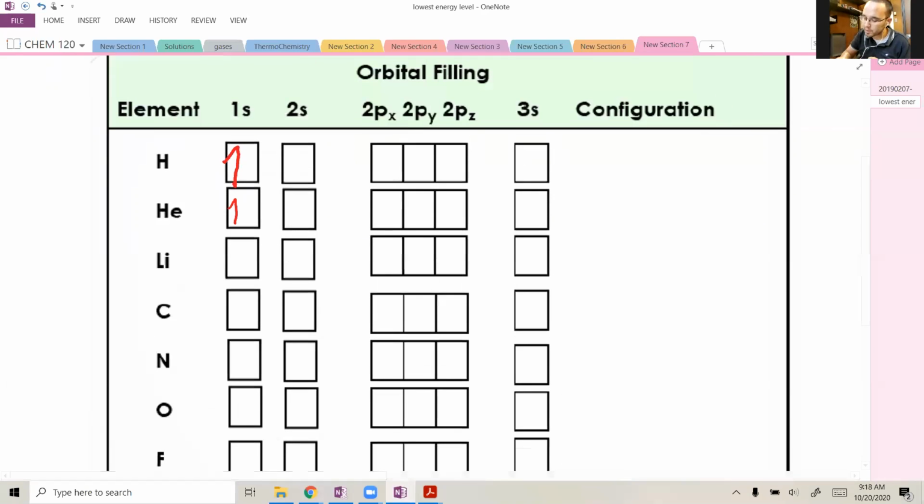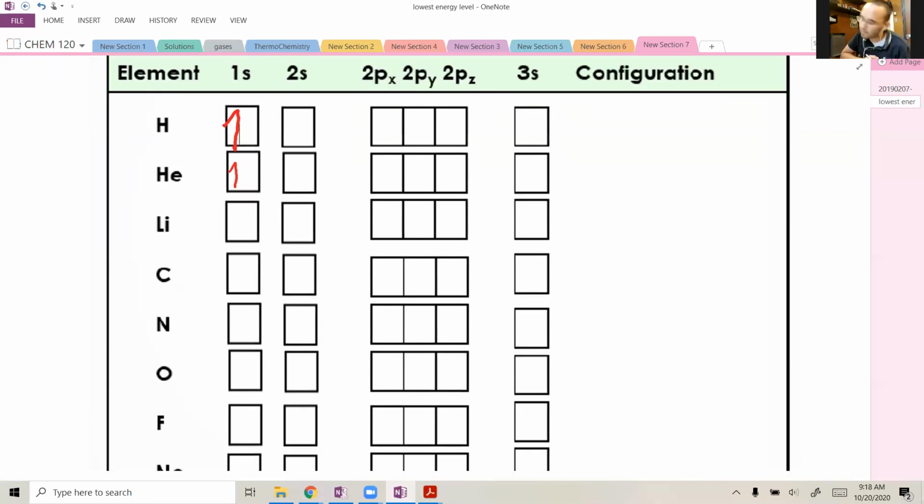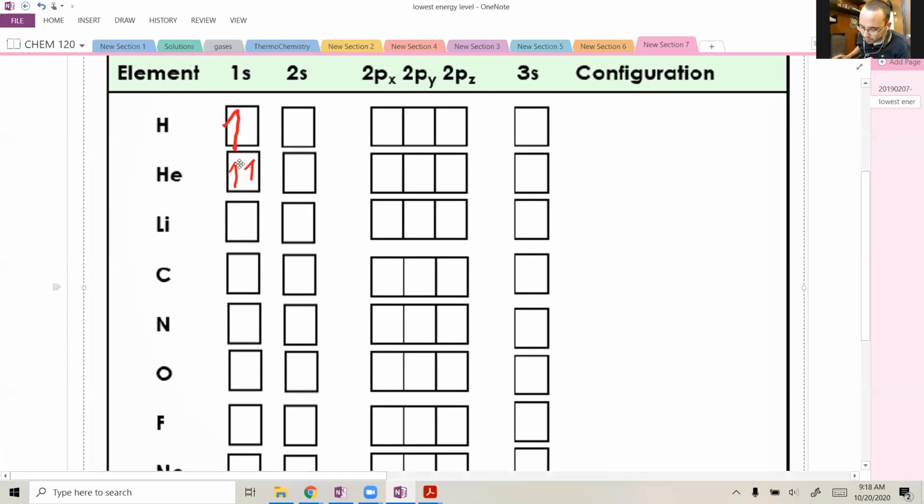Before it moves up to the 2s, because the 2s requires more energy, it's going to stay in there and double up. When it doubles up, both of them can't be face up, because that would mean both of them had the same spin, occupying the same space. That won't work for our electrons. So when we put that second one in there,